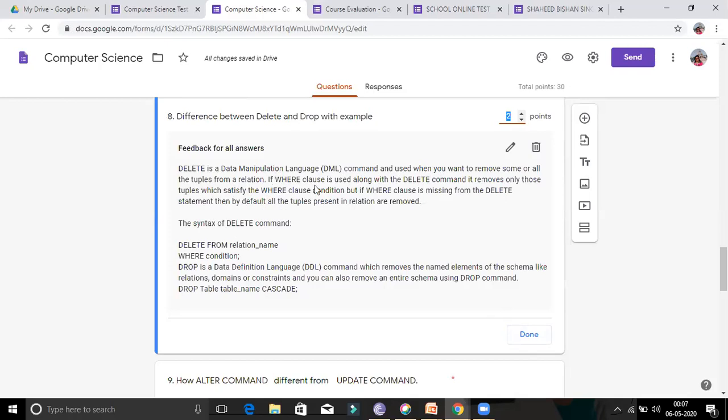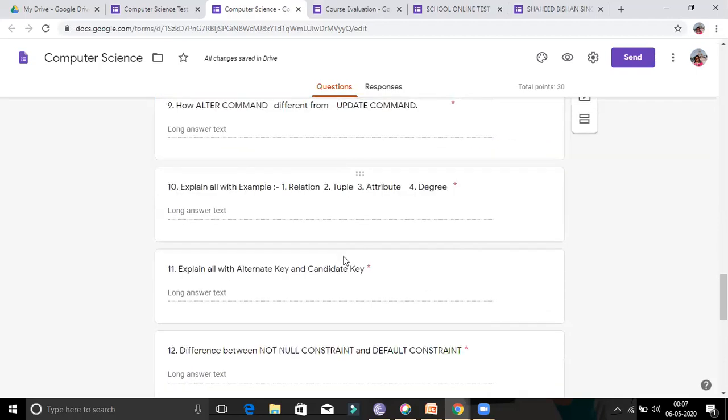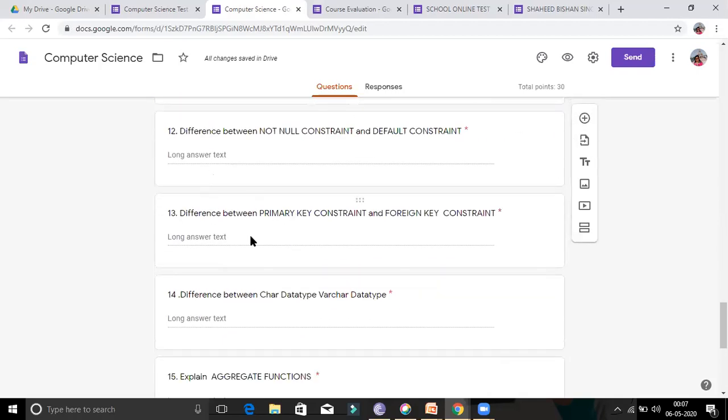So it will check whatever answer students write. An exact match will be checked, but if the matching is not exact and both are not equal, it will show wrong. Individually you can check the answer and give marks to the students. So I have made it done. All the answers I have made with the predefined answers here. See here.